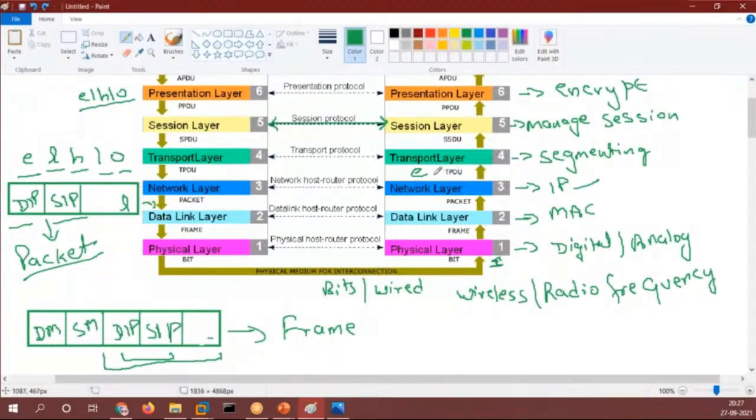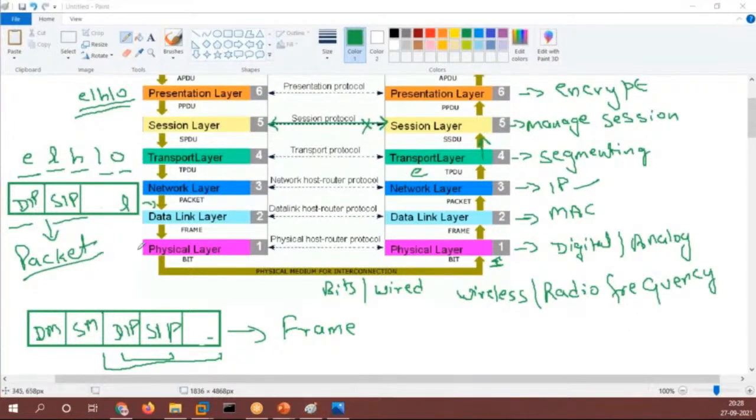Now after the reassembling, it looks like what? It looks like this, right? Now it looks like this. Now what we will do, guys, we will move that data towards the session layer. Now the session layer got to know what is happening. I got the data, it is received. So the session layer will do what? The session layer will close the session over here, that I have received the data. Now it will be good that we close the session, right?